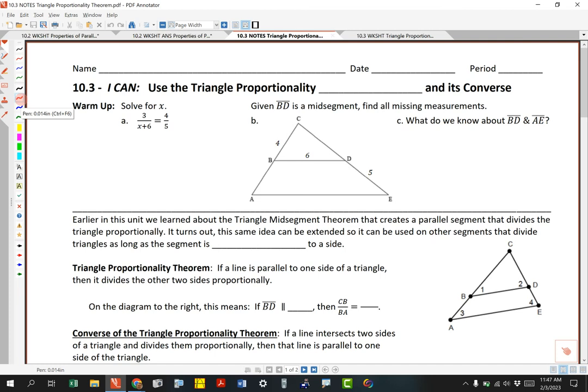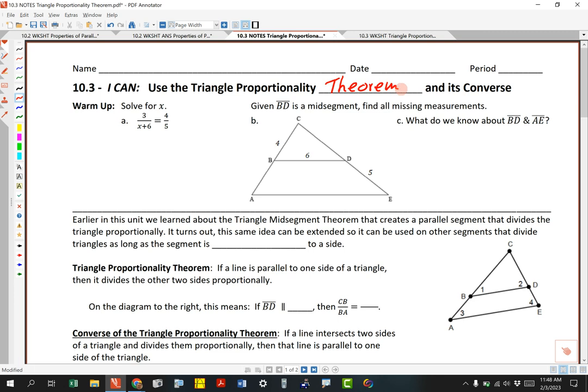And we're going to talk about something new today. It's similar to something that we talked about before, but it is a new topic. So this is 10.3. Here's our objective. Here's our goal for the day. We want to make sure that we understand and can use the triangle proportionality theorem. So write the word theorem,